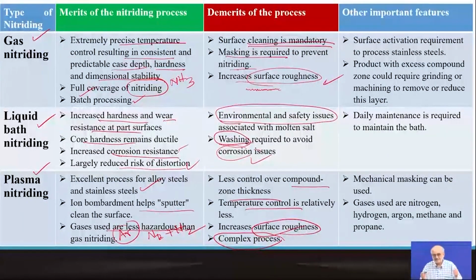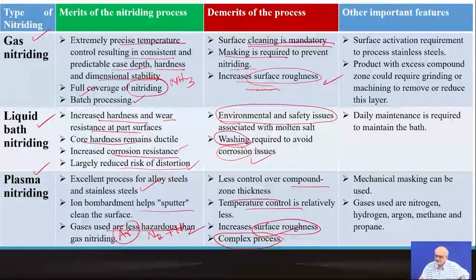So the nitrogen ions tend to bombard the component from all sides if you apply a high negatively biased potential to accelerate the ions and impinge onto the surface. But that's what we have not discussed here right now. So essentially, if one compares all these, then one sees that